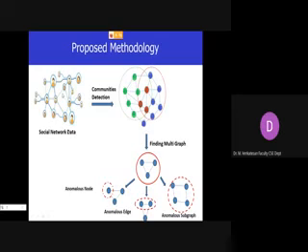So we'll have social network data here, and then we have to find the communities, meaning between the two communities, who are all the common members. That particular graph will be extracted. That is called finding the multi-graph. Here multi means they are part of two communities.